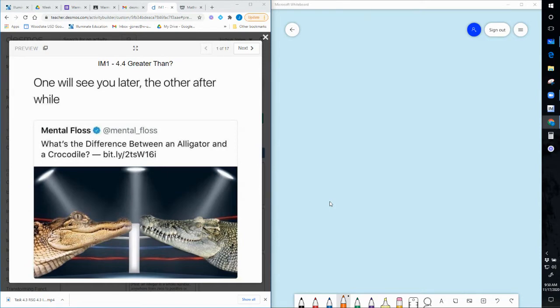It's actually a develop understanding task, so the concepts might be a little bit weird at first. That's why we made a Desmos activity for you, because we thought it would be the best way to present